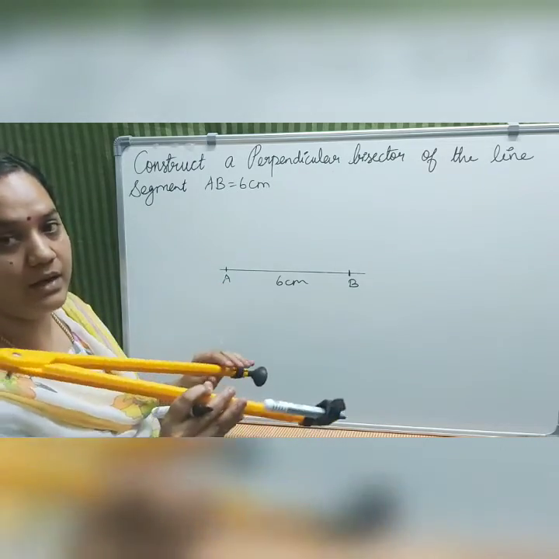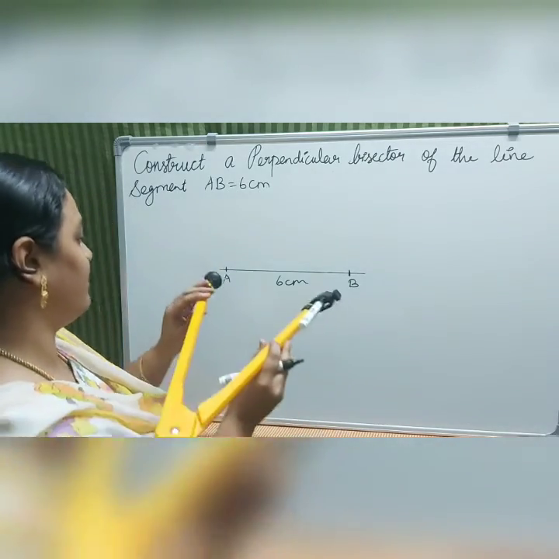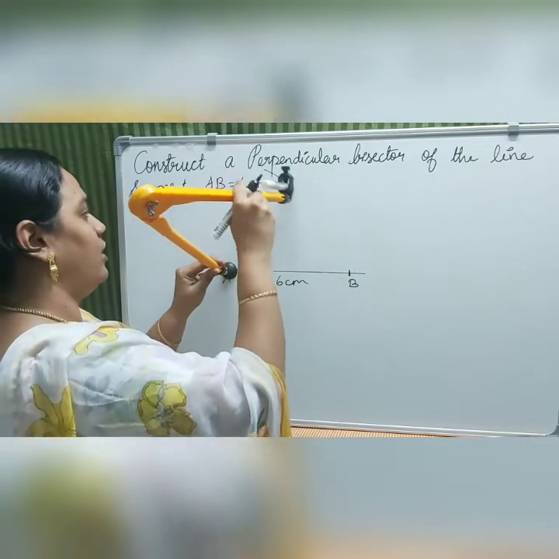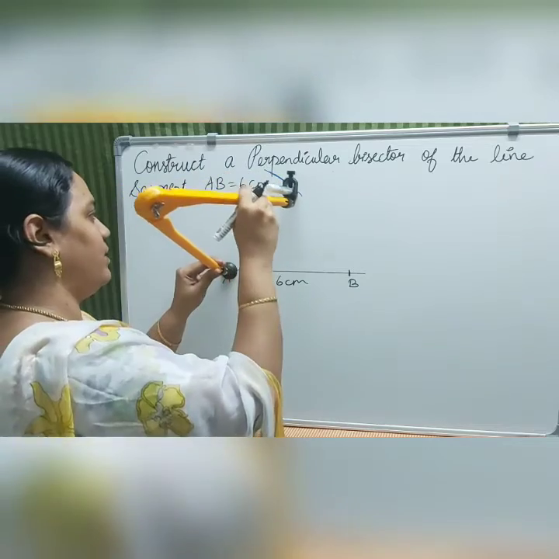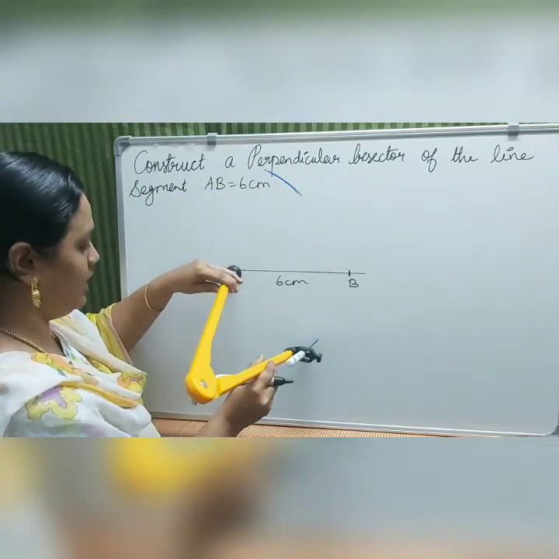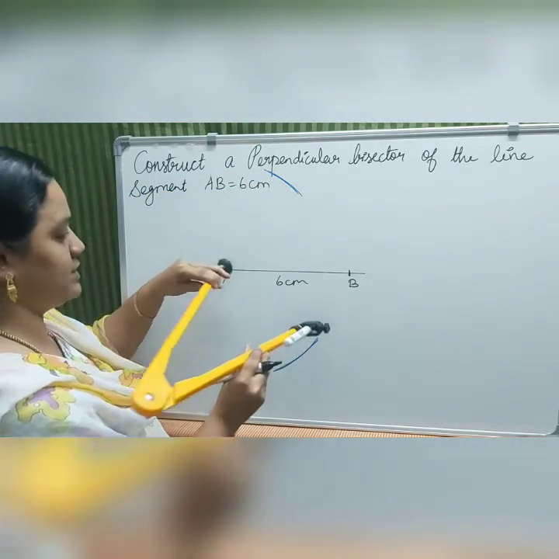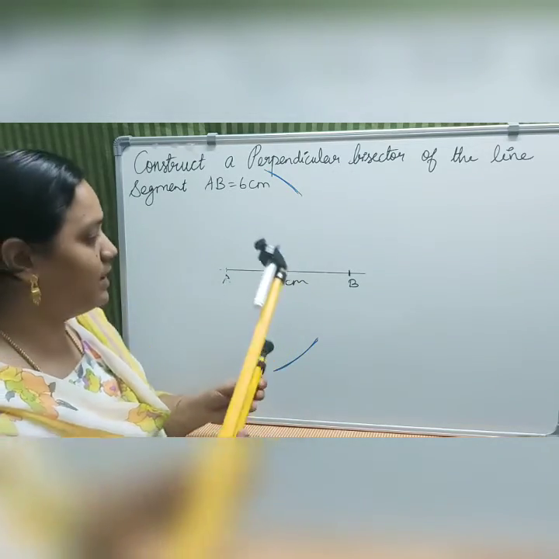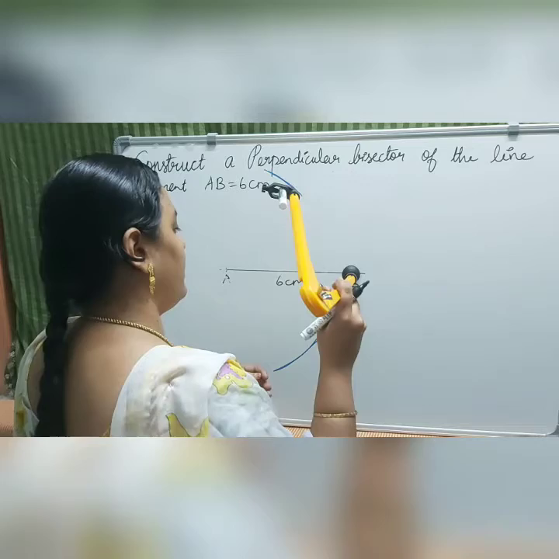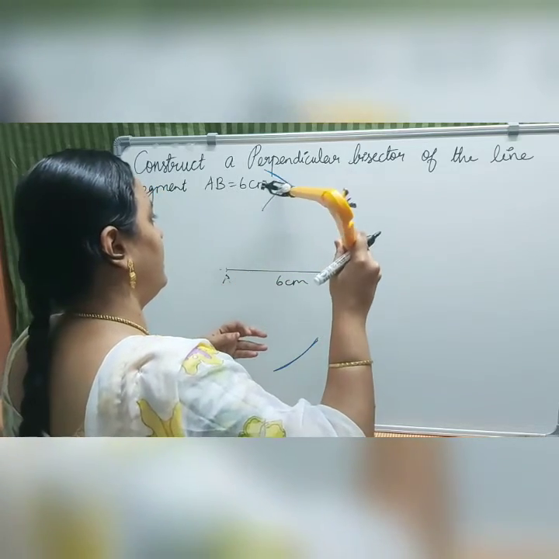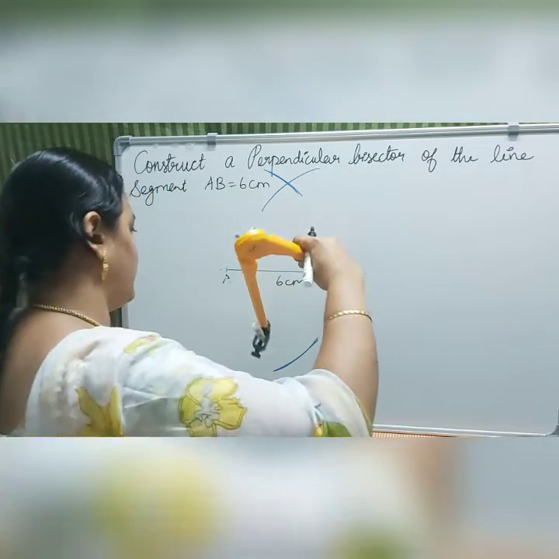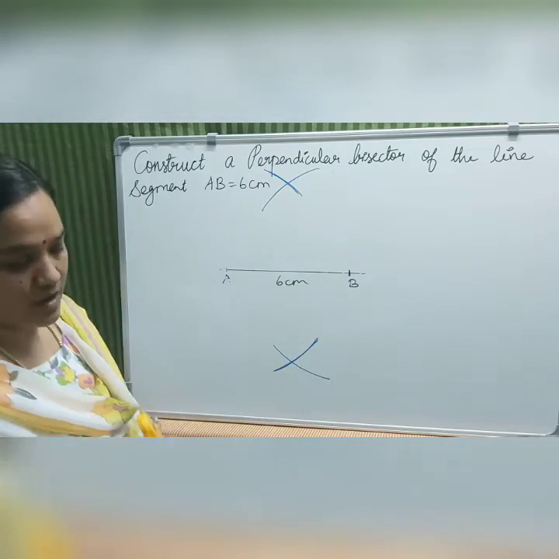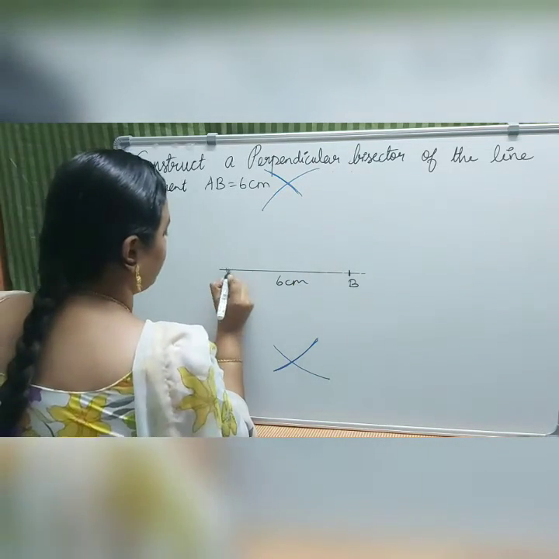Okay, here I am tightening, but you can take this compass and now we can draw an arc above the line AB and also below the line segment AB. And again with the same measurement, I am not changing the measurement. Now I am keeping my needle on B and you have to cut one arc above the line and also below the line segment. Okay, now this is my arc.